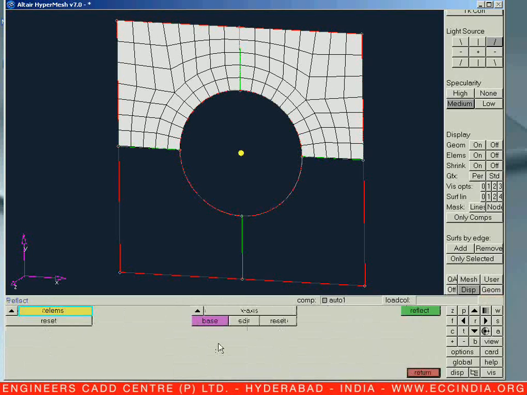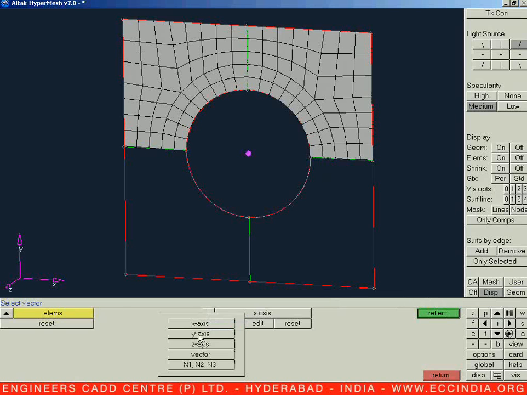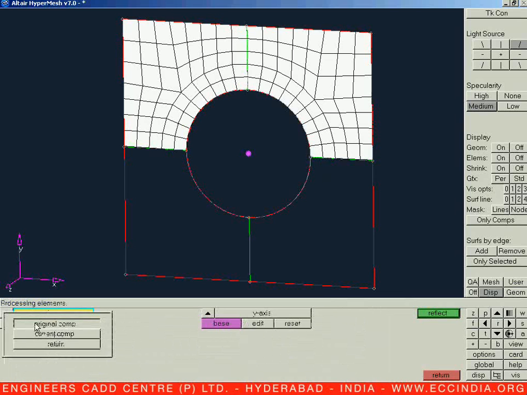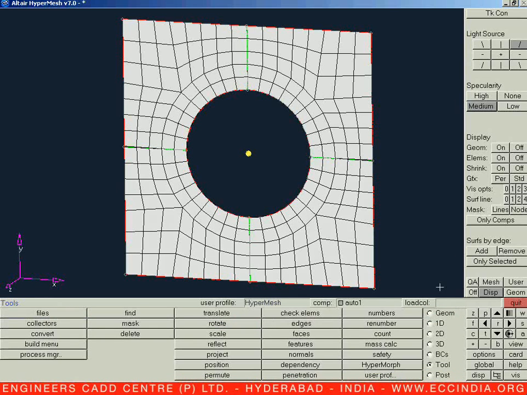Now let us say Shift F, reflect. So let us go for the tools page, reflect for all the elements. Let us select it, about this particular base, and we need to reflect about the XZ plane, which has the y-axis perpendicular. So let us keep it on y. Let us say duplicate from your original composition and let us say reflect. Let us come out of the command. Now we can see all these elements are reflected along the geometry.